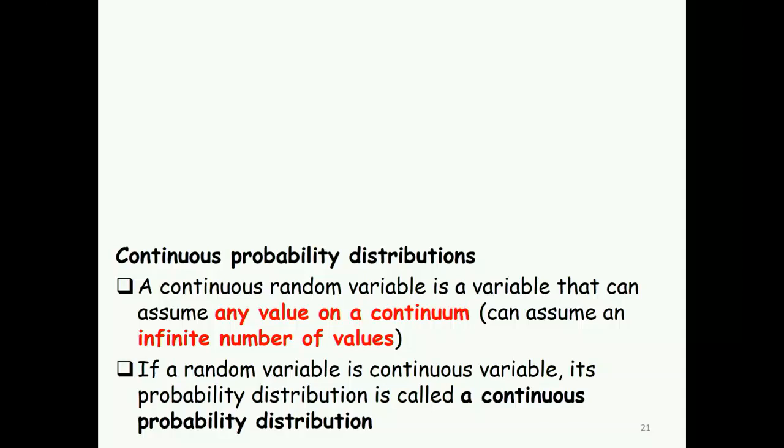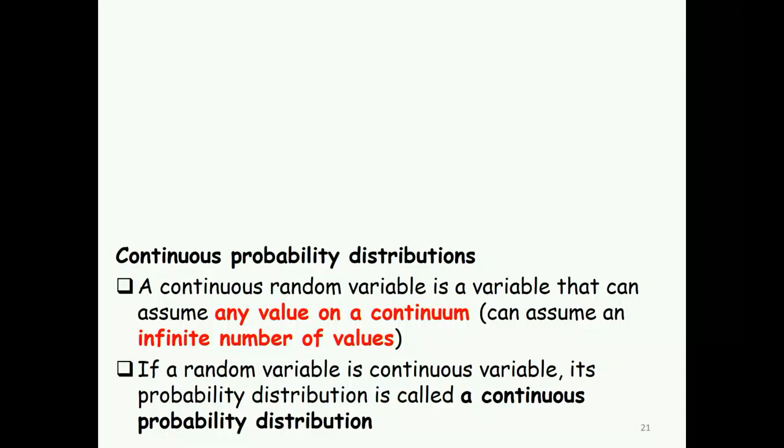Now let's go about continuous. Continuous, as I told you, between two lines, every number is possible. If I say your income is 10 per hour, your income is 20 per hour. If it were discrete, 10, 11, 12, 13, 14. But if it is continuous, there are a lot of numbers between 10 and 20. 10.0001, 10.0002, there are so many numbers between the two. That's why we call it continuous. Number of televisions is 0, 1, 2, 3, 4. Number of friends, 0, 1, 2, 3. But if it is, let's say, income, height, or weight, it is continuous.